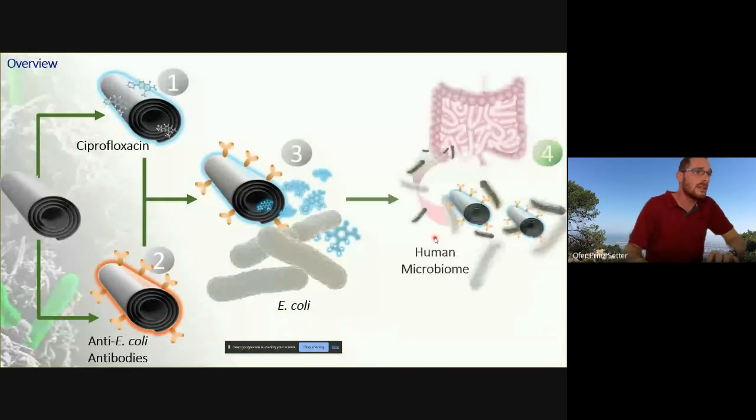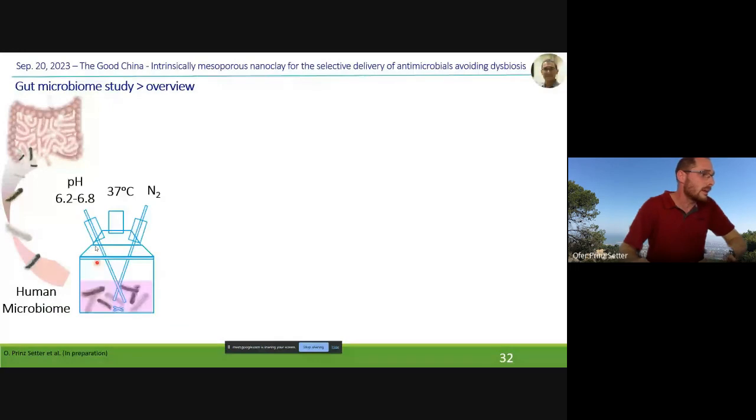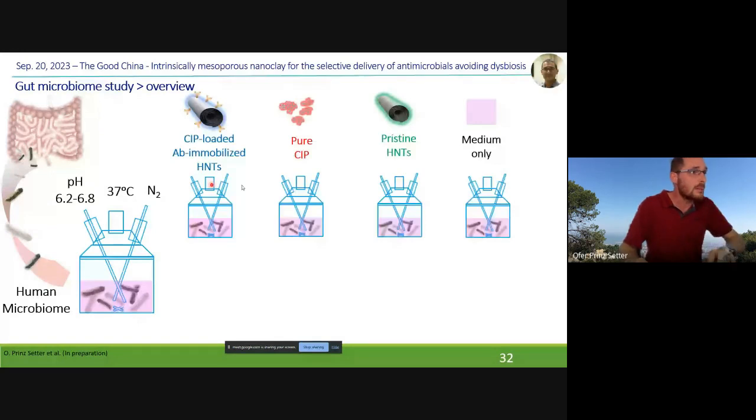To investigate this, we used human microbiome. We took it from 5 donors, and we utilized a special system for fermenting feces under conditions that mimic the gut. This was developed by Professor Uri Lesmes from our department, and we did this in collaboration with his lab. These fermenters maintained anaerobic conditions, controlled temperature, and a very tight pH range. And we used the feces samples